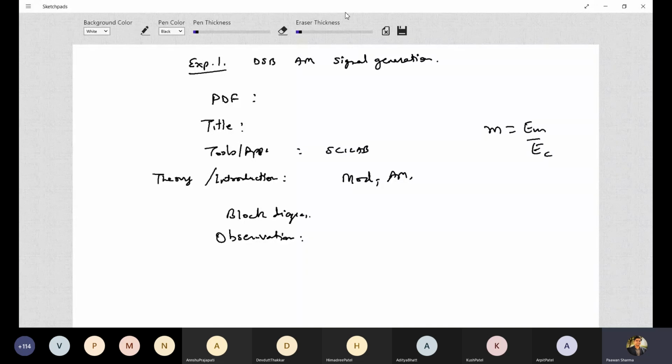From the graph, which we saw yesterday, you will find the values of M for different combinations of Em and Ec. In that process, you will generate at least 4 graphs with different values of M. M starts from say 0.1 till 1, and you can take one value for over modulation also. Are we clear on this? Then you have a conclusion at the end. Any doubt?